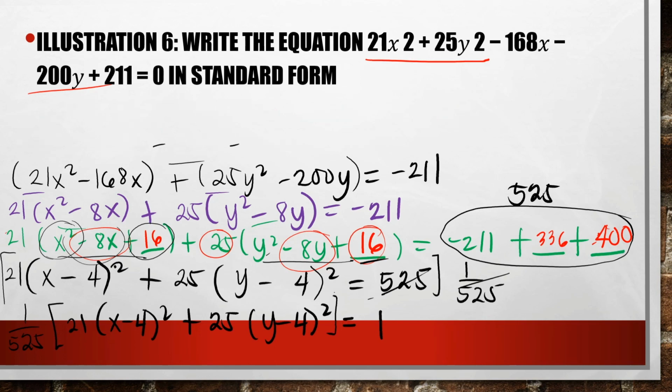And then, simplify lang natin. 21 over 525 is equal to 25. So, magiging x minus 4 squared over 25 plus 25 over 525 is equal to 21. Magiging y minus 4 squared over 21 is equal to 1. So, this is the final